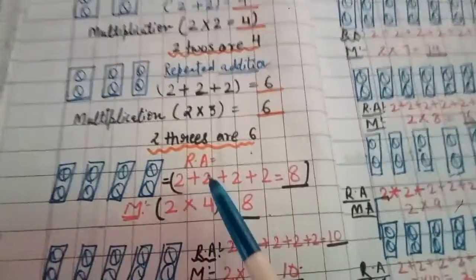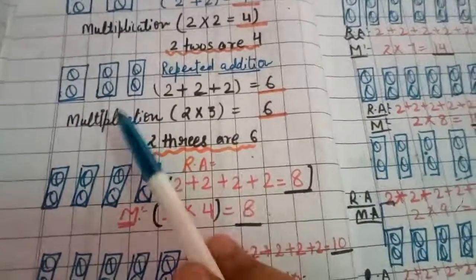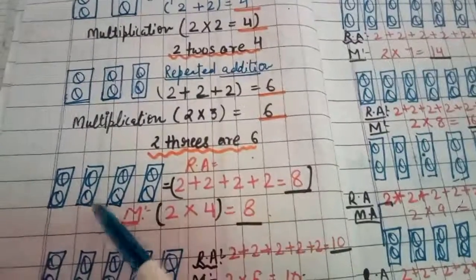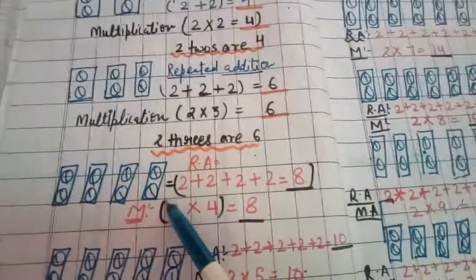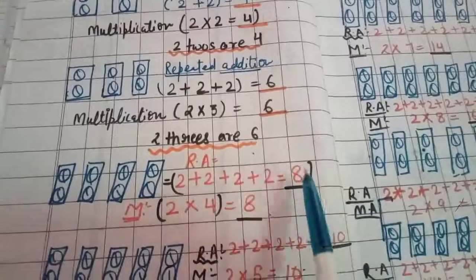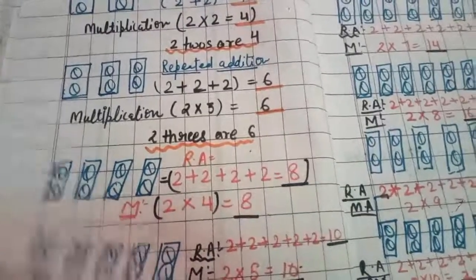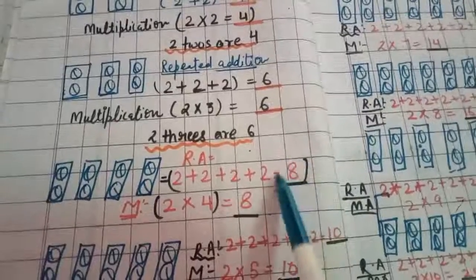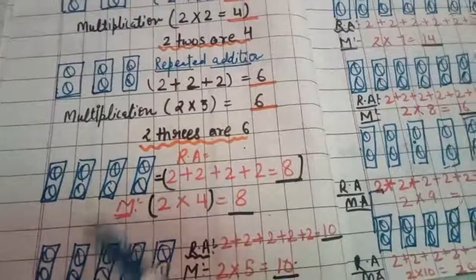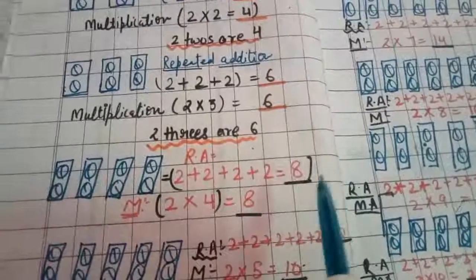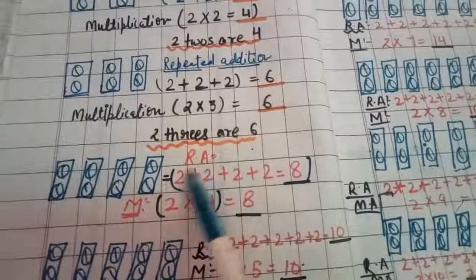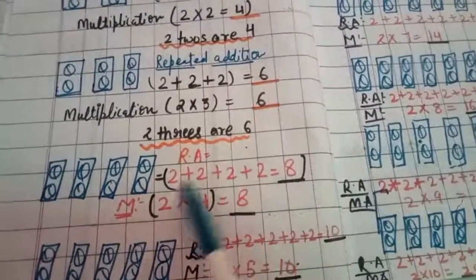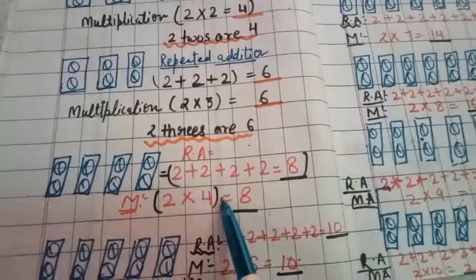Same number we put here. Now come to the next one. As there is a 3 box, now we will draw the 4 box here. So how do we write it when we do the plus? We'll write 2 plus 2 plus 2 plus 2. So what is the sum of all these balls? For that we have to count it. So that is 8.